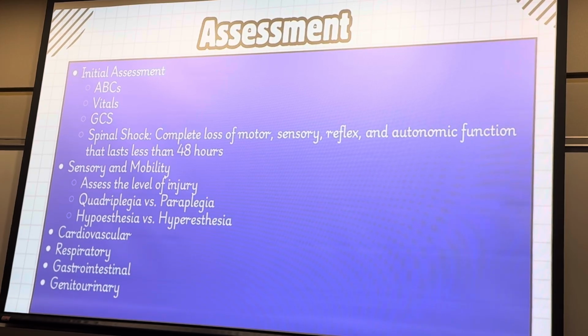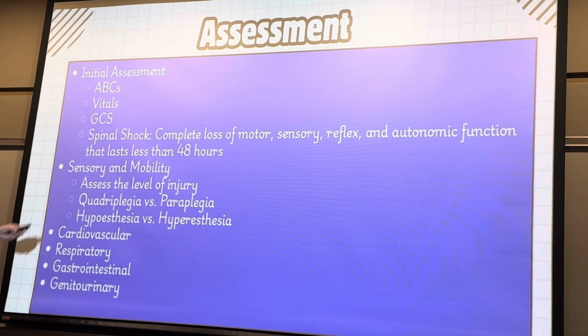Vitals, let's look at their vitals. Let's make sure they're maintaining their blood pressure. Make sure their heart rates are under control. Make sure that heart's not compensating for that blood pressure. I'm looking at airway. Make sure my O2 stat's where it needs to be. Make sure my ABGs are appropriate.